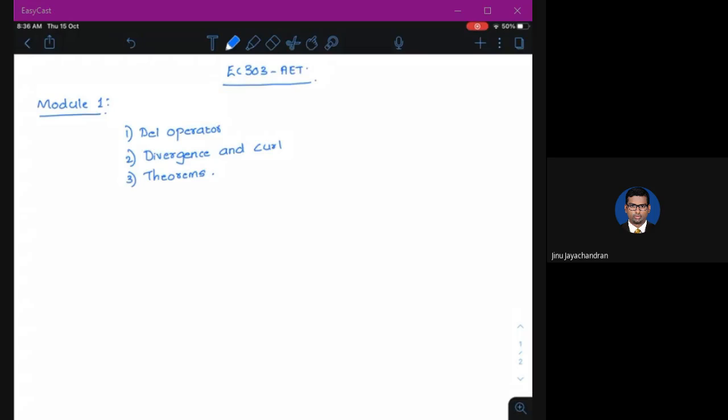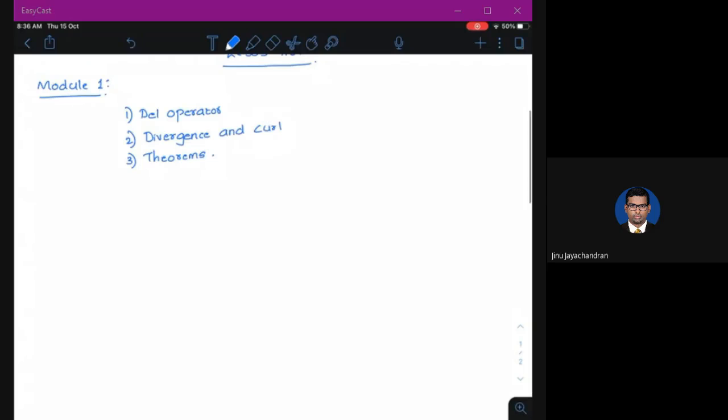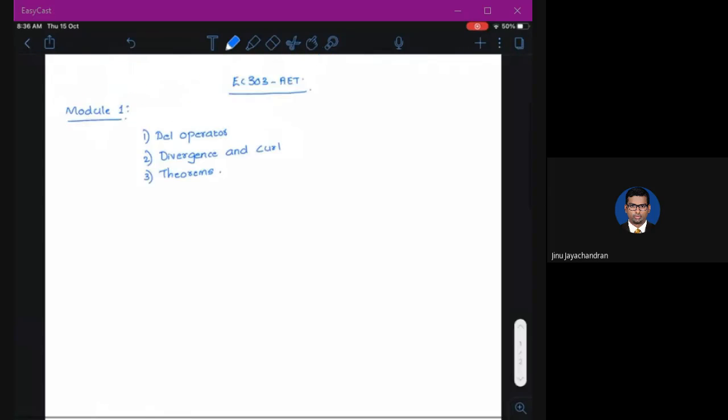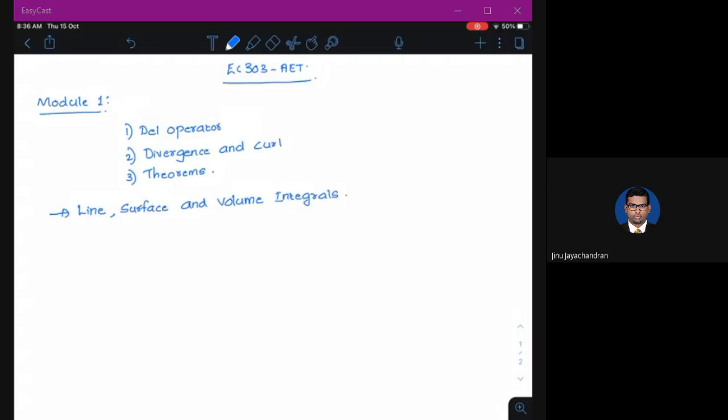Fine. So before going into a del operator, I need to just mention something called line integral, and line, surface, and volume integrals. Okay, so we have line, surface, and volume integrals. Okay, so what does it mean is